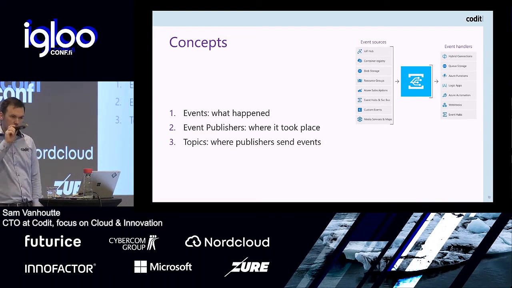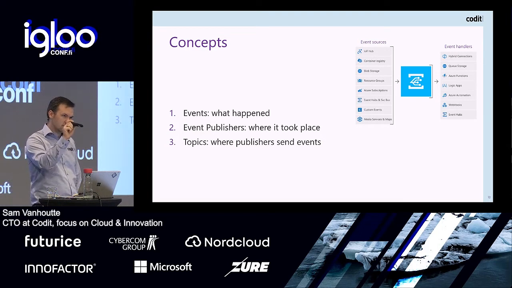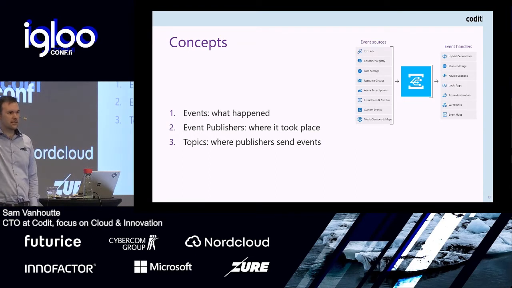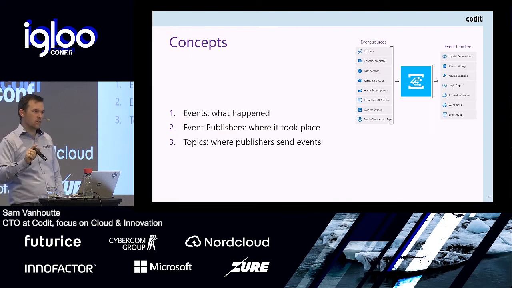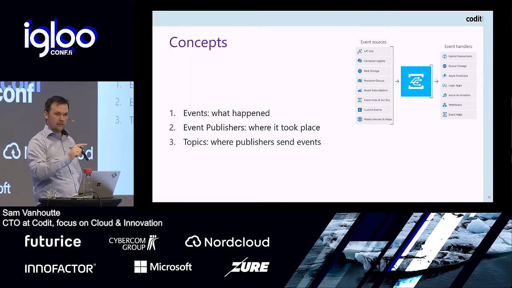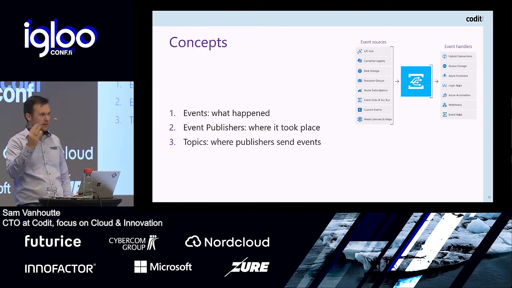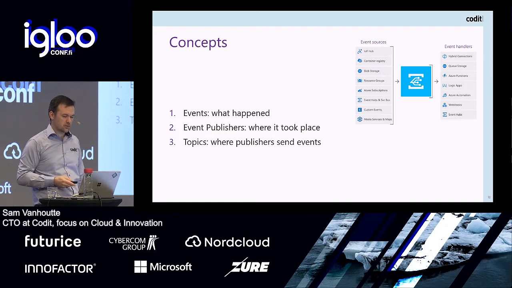The topics, so a topic is where an event gets published to. So the only thing that you have to do if you publish an event is know where to send it to, the topic. You don't have to know what will happen with the event. You don't have to care if someone will handle that event. It's perfectly fine to spit out events and no one is listening to that. It just costs a little bit, but at least you're flexible for the future, right? So topics is the only thing that you have to know as a publisher.